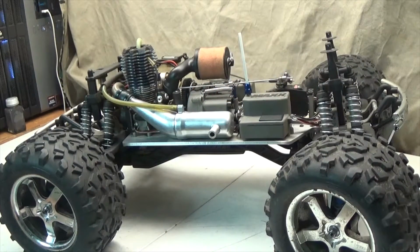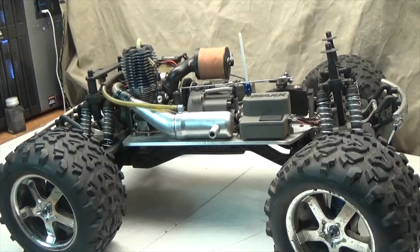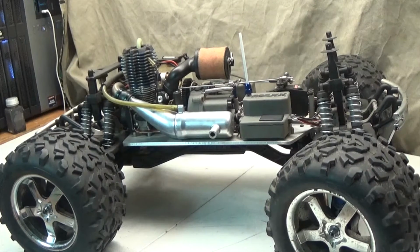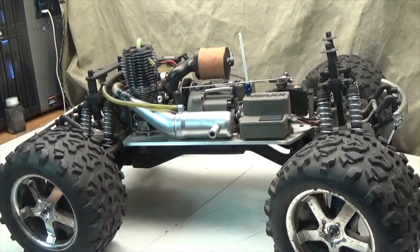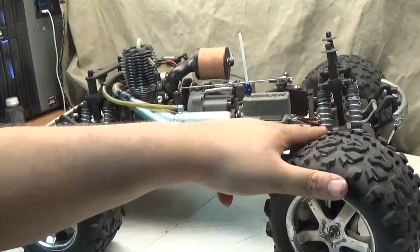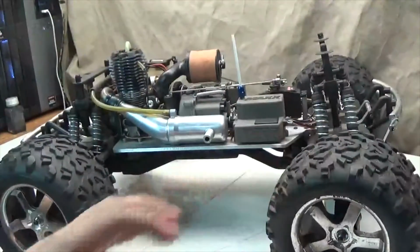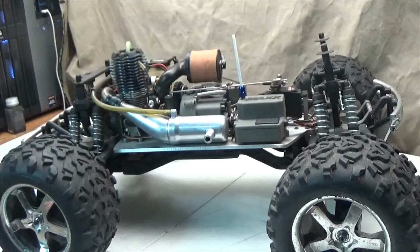Hey guys, today I have another upgrade for my T-Maxx Goliath. Now what I have today is another product from RCRavenINC, the same company I got my springs from, these nice silver springs I have on them. And this time around I have their nice looking